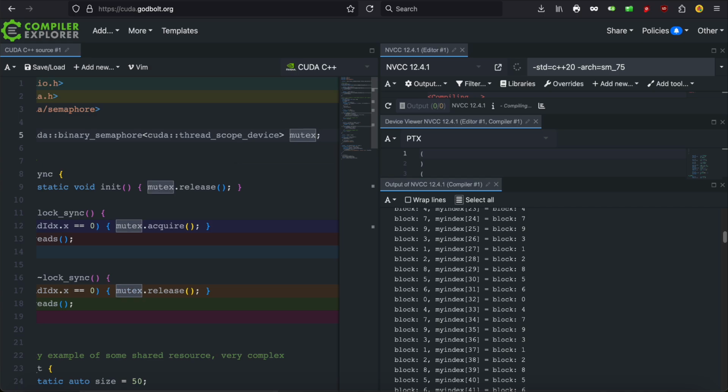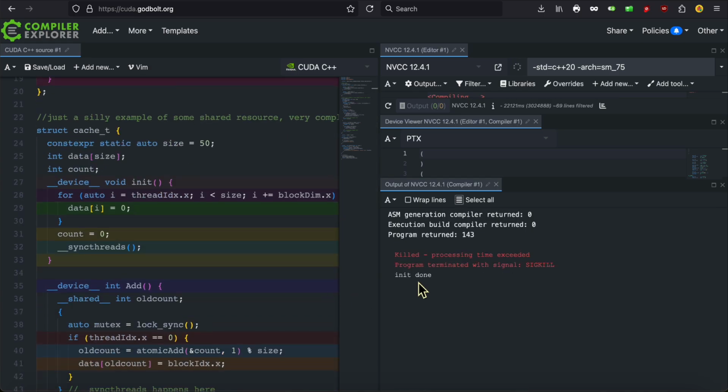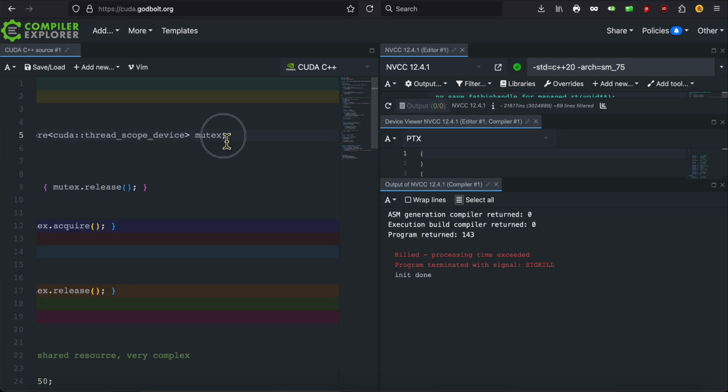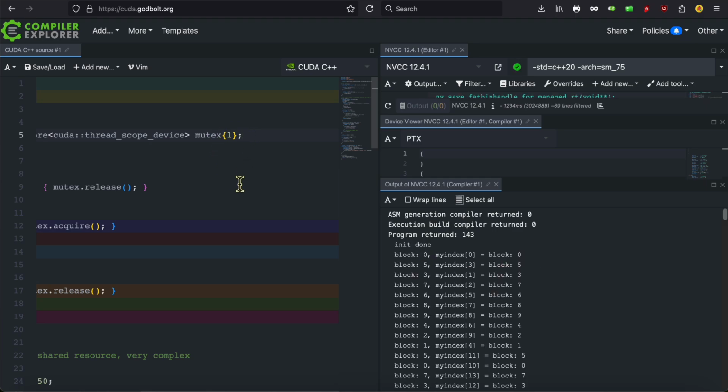That means it's going to have a 0 within it. If we then run it, you can see that it deadlocks. The init gets done, but the program gets utterly stuck. In fact, the thing gets killed because we've exceeded the time that Compiler Explorer allots to us. Rule number 1, we need to make sure that our mutex starts with a count of 1.